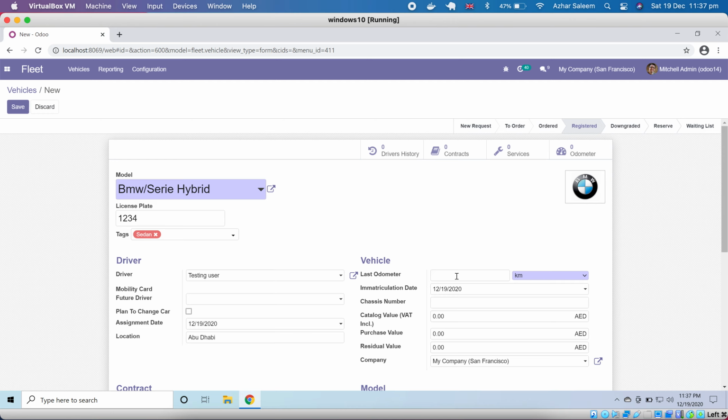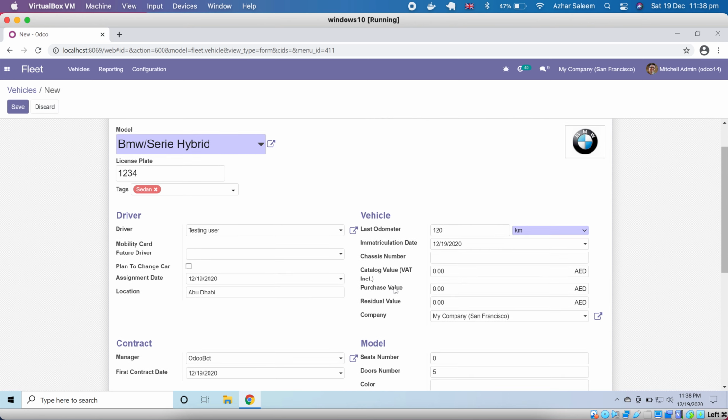Sorry, not demo meters, odd meters. Odd meters here. Last means last time how much is the usage. I'm typing here 120 kilometers. You can choose from here,